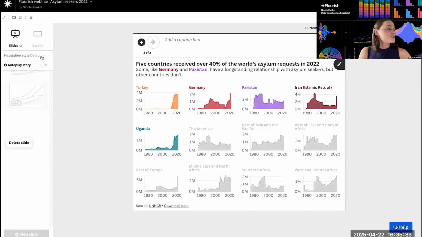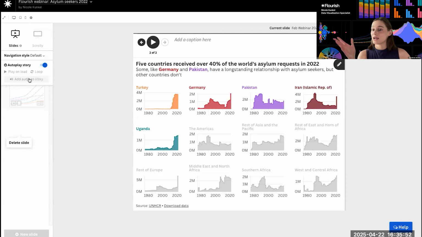And then you can have options here as to how you want to navigate through the slides up top, or make this a story that plays on its own. Some people even add audio to self-playing stories, and then that gives a totally hands-off experience. Great for web embeds where you just want something to run on its own. Or I might have something that plays by itself in a presentation where I might not have so much control over the clicking, the movement of the slides, and I've just practiced the timing of things.